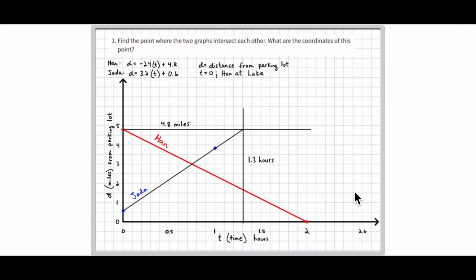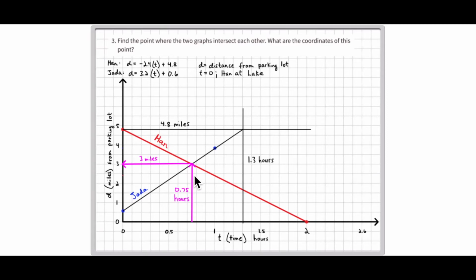So we just reasoned through what time and what distance both Han and Jada pass each other. What time or what distance do they meet on their walk, from the lake for Han and from the parking lot for Jada? But what if we figured this out algebraically? How would we do that? Well, we know that